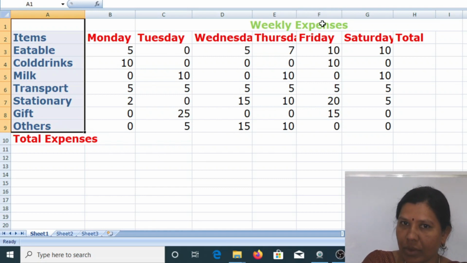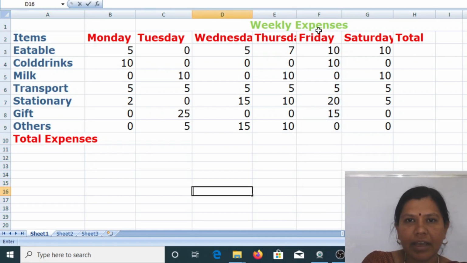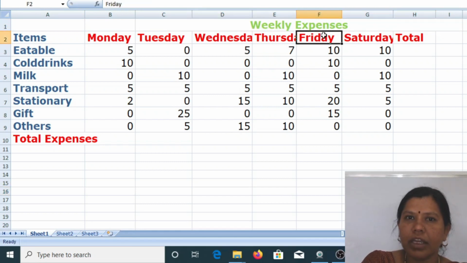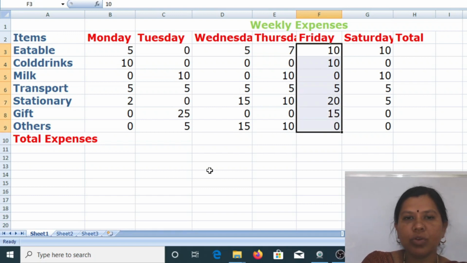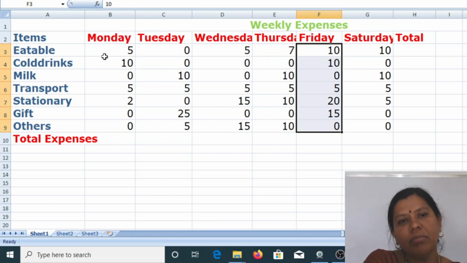Similarly, one more example I will give you. For example, I want to select the F cells, F2 to F9. I will take my mouse pointer somewhere else and it will show the selection. It will get selected and covered with the blue color. And this is with the help of the mouse.